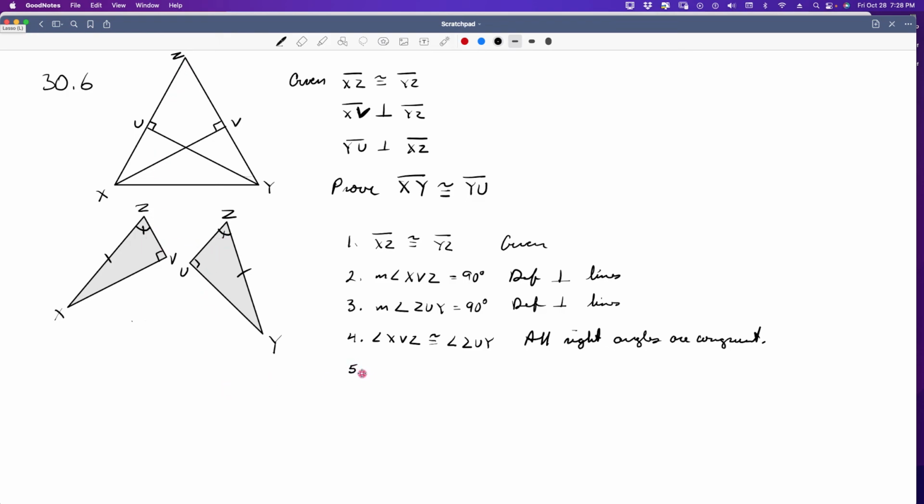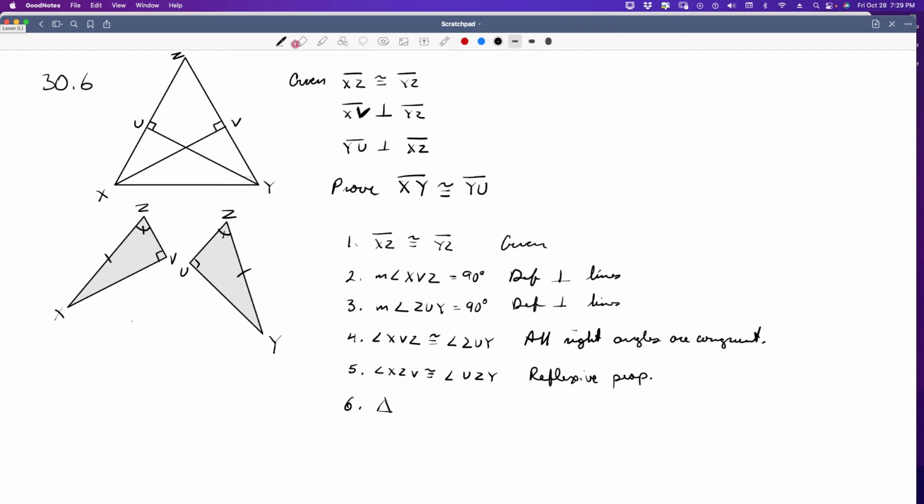So we can say angle XZV is congruent to angle UZY, because Z is the vertex in the middle, and that is the reflexive property, because it is the exact same angle. So now I can say that triangle,